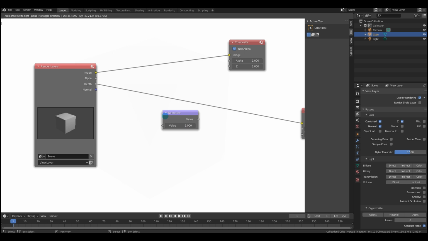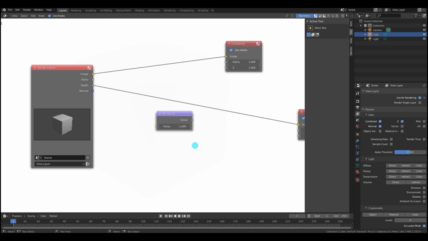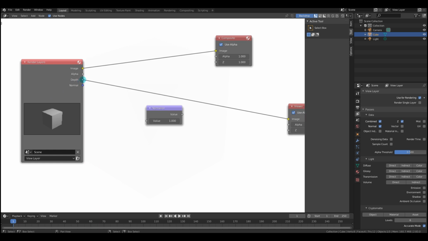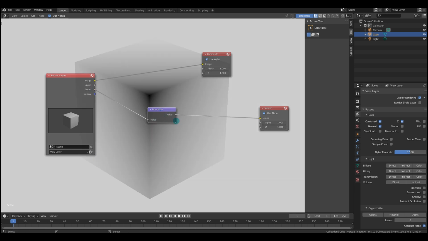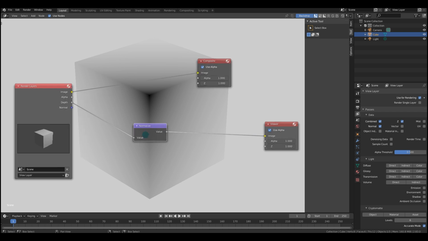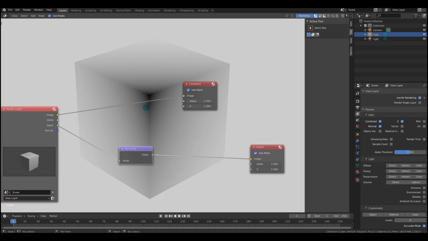The normalize node is immediately helpful for visualizing any sort of value range that goes beyond 0 and 1, such as the Z depth on render layers. As you can see, it just returns a white value, a totally white image, because the range is beyond 1 and so it will visualize as white. So if we drag this into the normalize and then visualize that, it will remap this value range from 0 to 1, and now we can actually see what's going on with this Z depth.